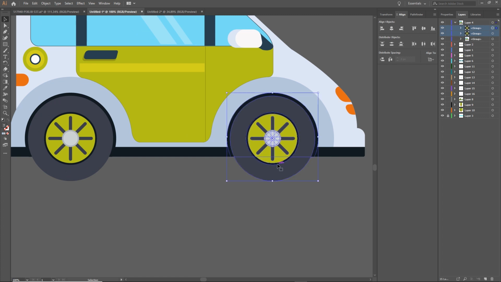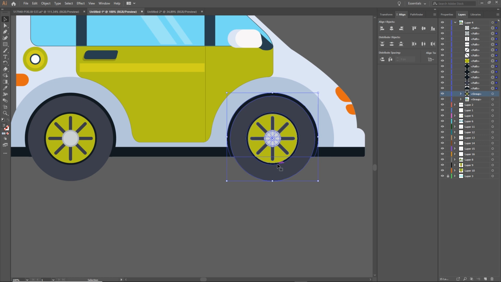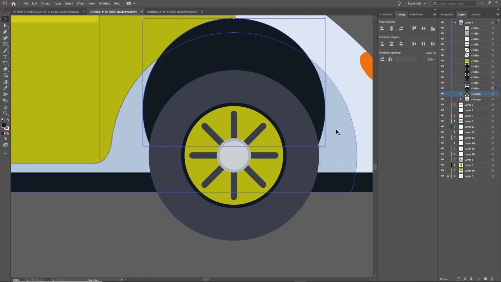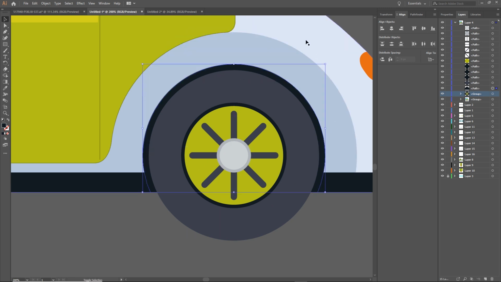Click on the wheel, hit Ctrl-Shift-G. This is going to ungroup this, and again we are going to have all of these components, but it's okay because I can click on this part, okay, like so, and on the car, and I will hit Ctrl-G,